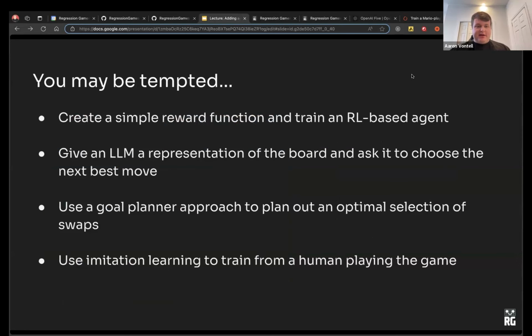And you may be tempted, especially with some of the techniques you learn in this course, to create a really simple reward function for this game. Maybe it's simply, did I actually clear the board? And that's my reward function. And I can train an RL-based agent to go play itself and get some decent agent out of it, right? Maybe I just want to use an LLM. This would probably be a very simple prototype where you just give it the state of the board and say, hey, what two pieces should I swap? Maybe you want to use some sort of goal planning approach. Or maybe you want to use imitation learning where you're actually playing the game yourself and teaching a model how to play correctly. These are all really good ideas, but